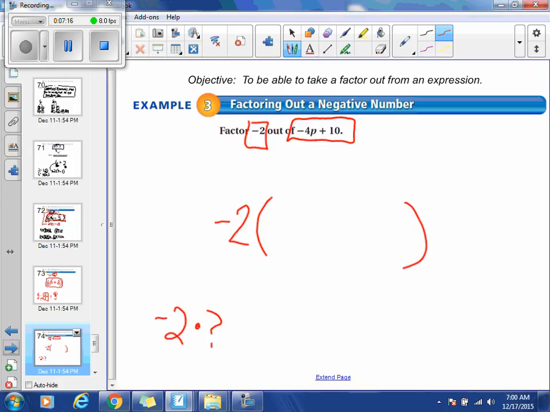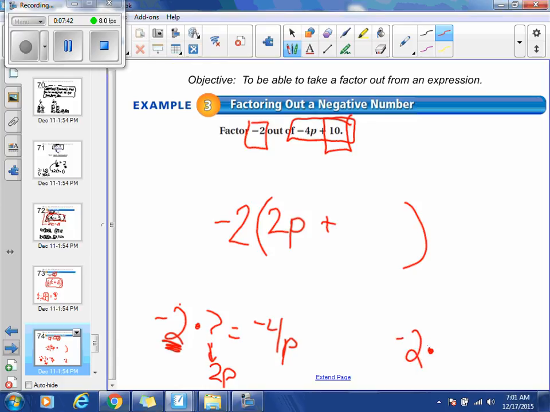So our first question is, -2 times what equals -4p? All right? We know, since this does not have a variable p in it, this is going to have to. So then I'm going to say, okay, -2 times what is -4? -2 times +2. So our first term, 2 times p. Plus, all right,